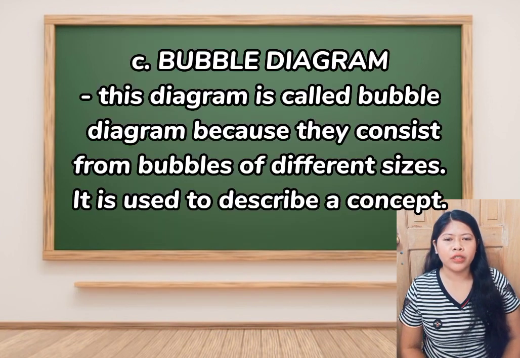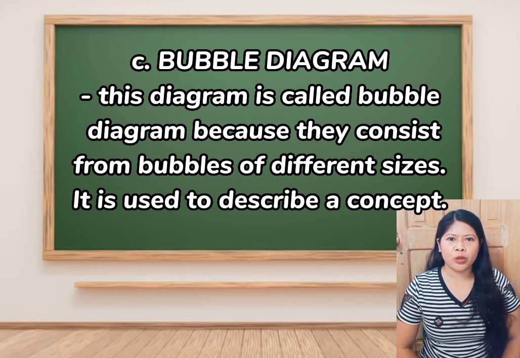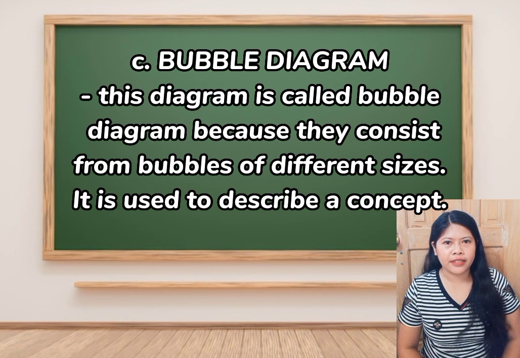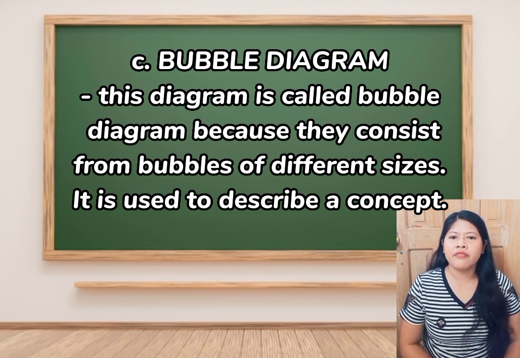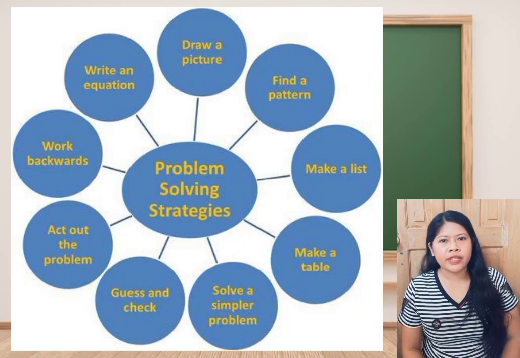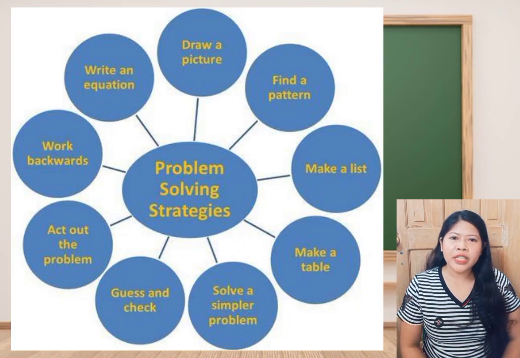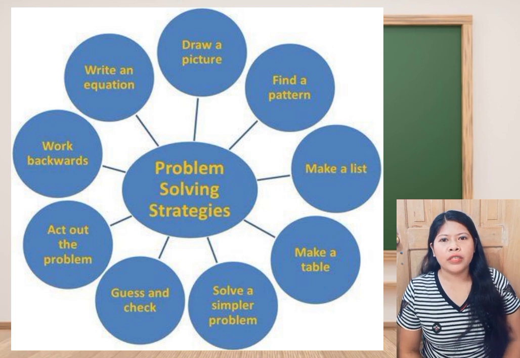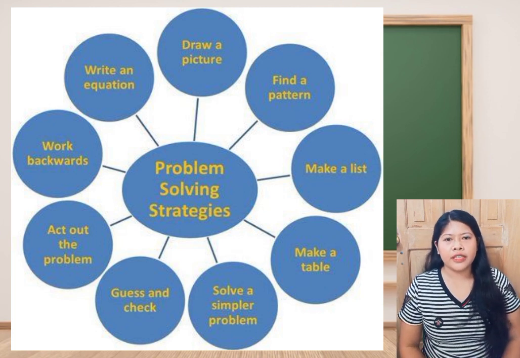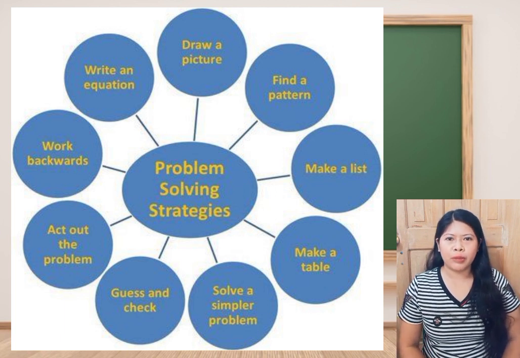Next, we have the bubble diagram. This diagram is called a bubble diagram because it consists of bubbles of different sizes. It is used to describe a concept. As you can see in the example presented on the screen, the main concept is written inside the bubble in the middle, while its definition or important ideas about the concept are written on the bubbles that surround the middle bubble